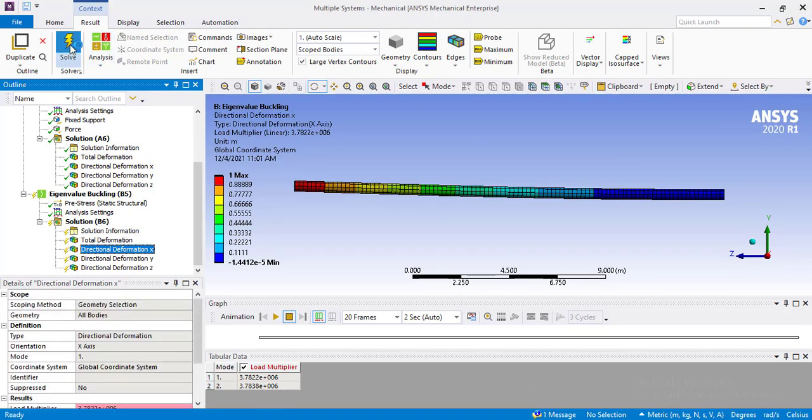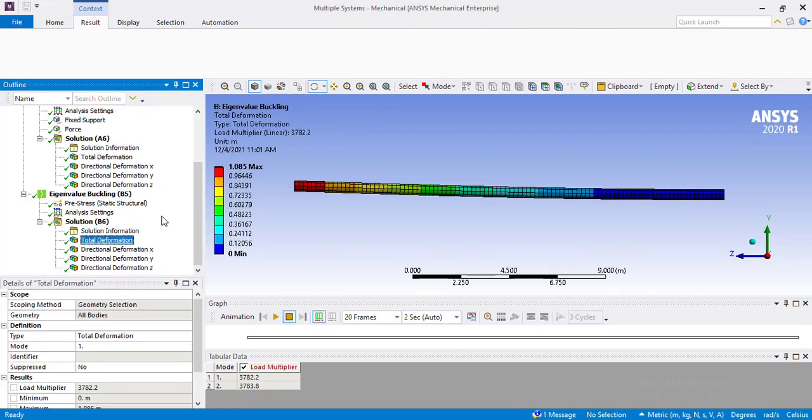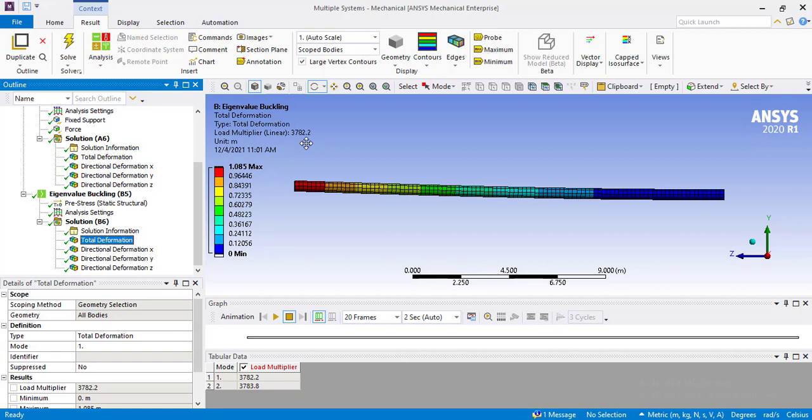Now it will change to another specific value. As you can see, 3.788 × 10^6. As soon as it updates, we will see the effect. As you can see, it has been reduced a thousandfold, which indicates that our factor of safety has been reduced a thousandfold.